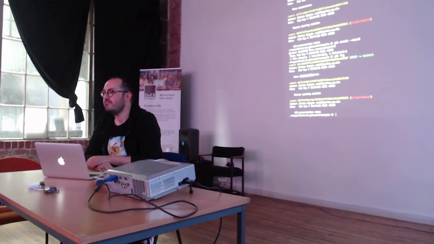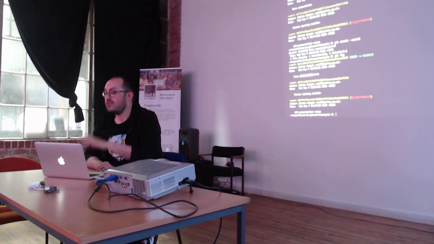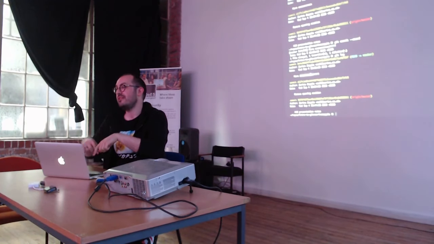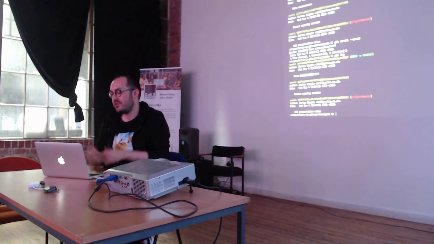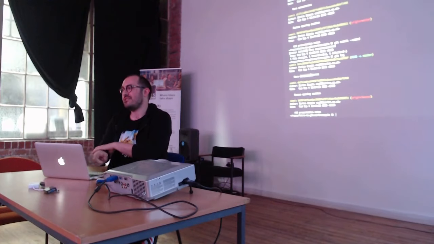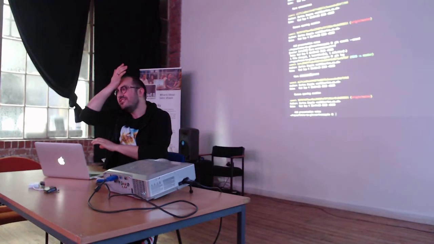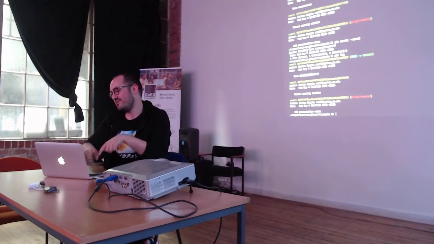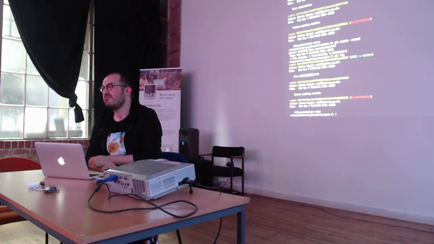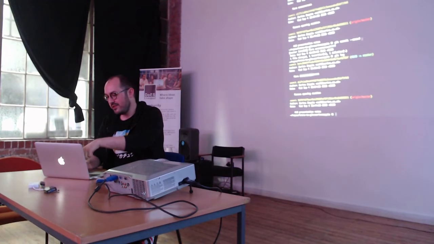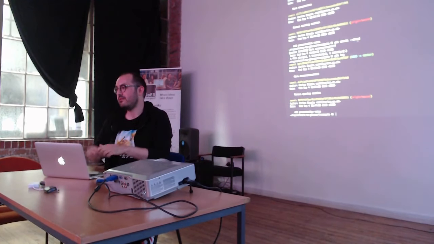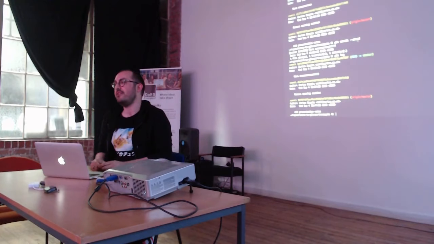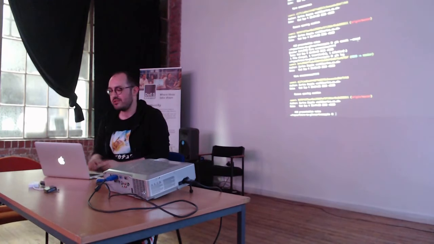Does that only amend the name of the commit, not the contents? Anything. If I'd added more, I could have added more code to the staging area and then done git commit --amend, and it would have added it to the same commit. So you could use it for either. Often you'll use that because you forgot to add a file, or you made a typo in your commit message. That only does the most recent commit. It's just a convenience thing. So you can only amend the most recent commit with that command, yeah. There are lots of ways that you can rewrite history, and I'll cover those in a sec.